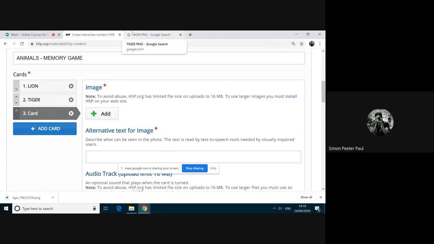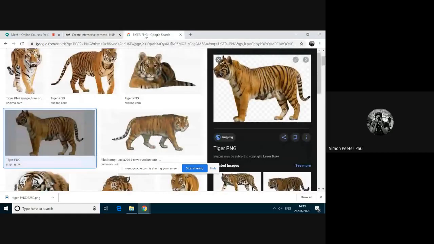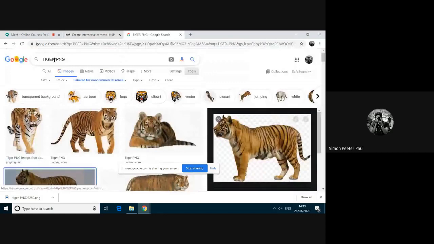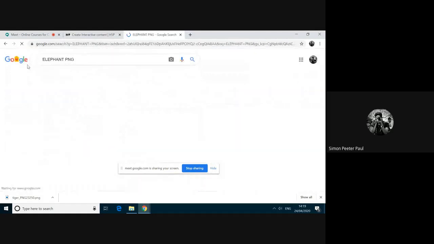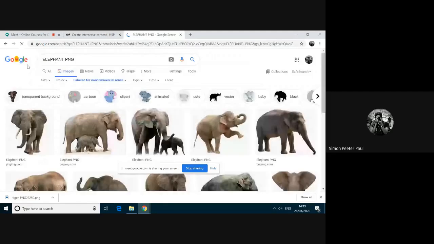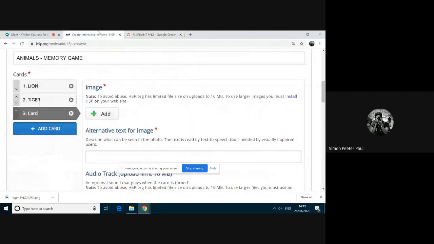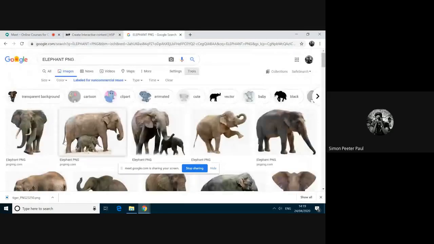Again, I am moving here, typing elephant. Why I am repeating each and every step is for proper understanding. Here I am selecting this elephant PNG.